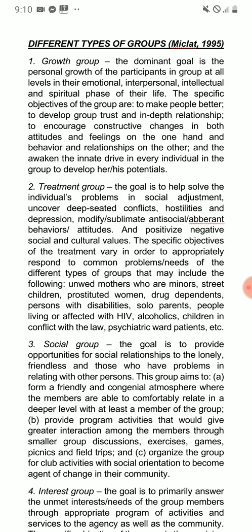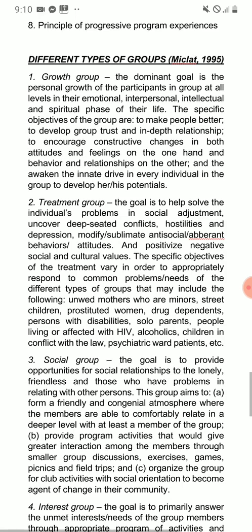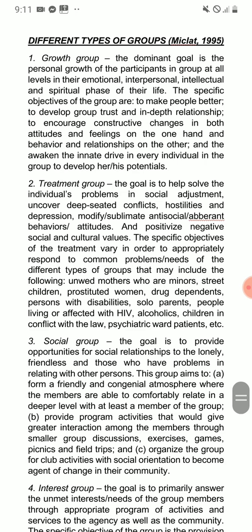Okay, so it is to make people better, to develop group trust and in-depth relationship, to encourage constructive changes in both attitudes and feelings. So sa growth group po na tinatawag natin na types po ng social group work, ang pinaka-goal po natin dito is ma-enhance po yung kanilang skills, ma-enhance po yung kanilang responses towards the problems they experience around them. Okay? So, example ko pala no ng mga social group work, pwede po ito yung mga support